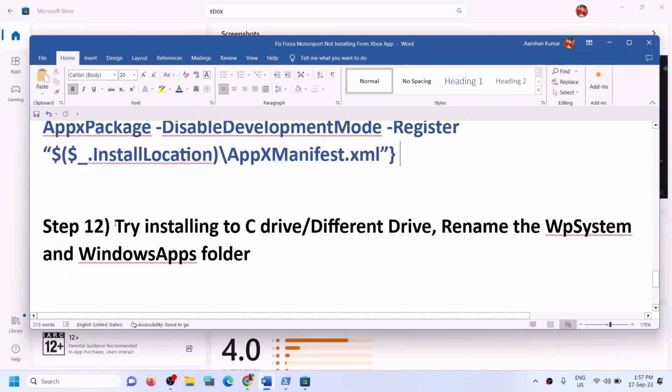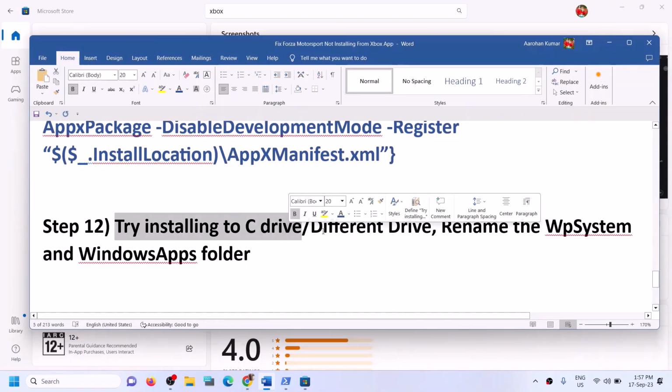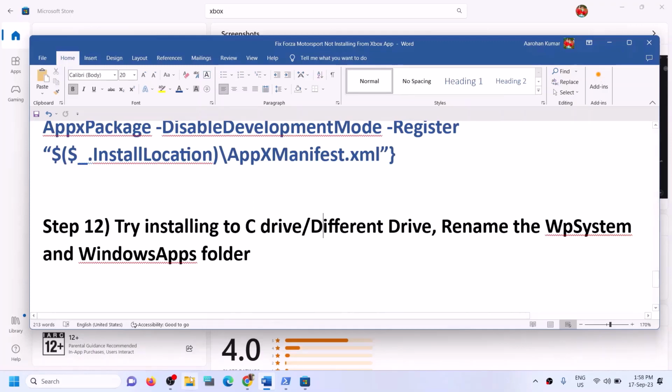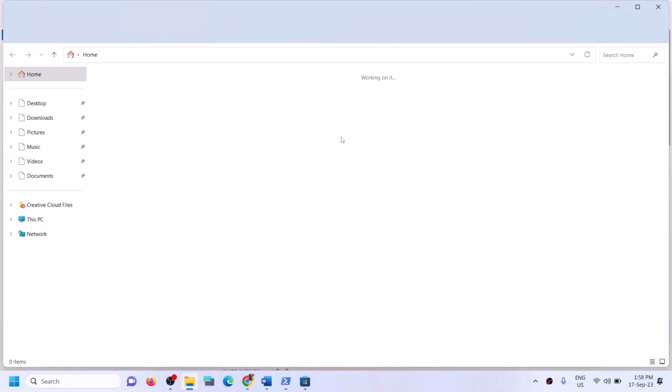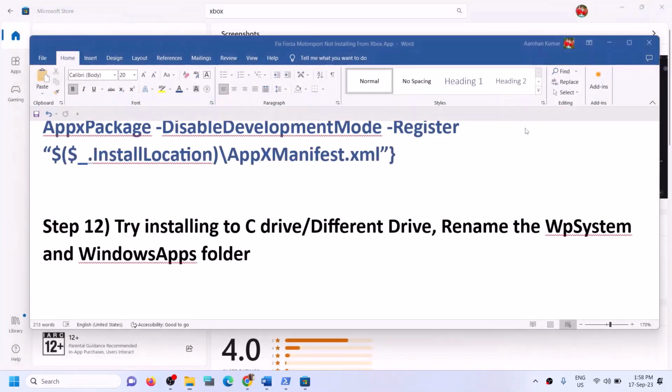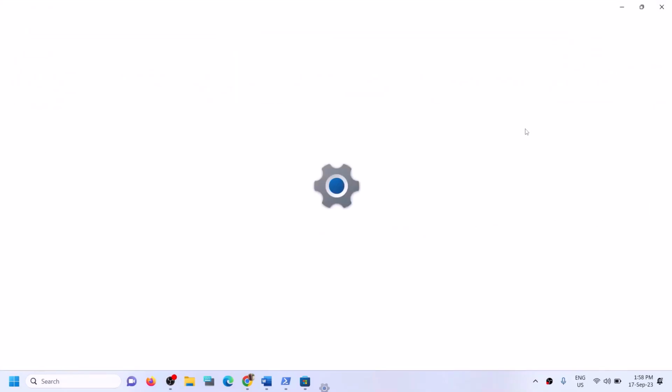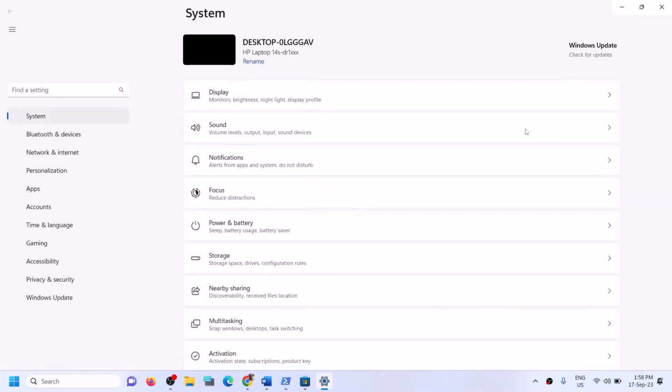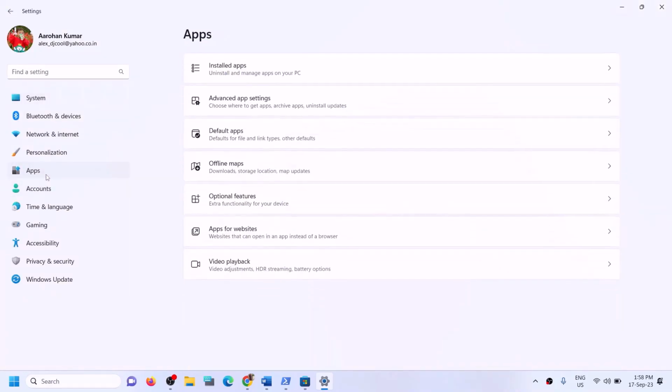Next step is to try installing the game to C drive. Suppose you are trying to install the game to different drive, maybe D drive, E drive, F drive. In that case, open Windows settings. And then go to apps. Go to apps and features in Windows 10 or in Windows 11. You can go to advanced app settings